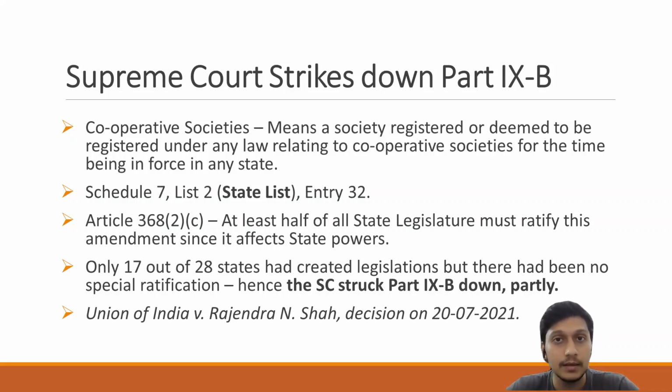Now, this is possible because the parliament is supreme to each state. And the only way this is possible is when such a law is ratified by at least one half of all states in the country. So if half the states accept, okay, this is a fair law, we are allowing you to infringe upon our powers, we will allow you to make a law which should have been made by us. And after one half of the states ratify this, then it becomes a law across the country applicable to all. And this is given in Article 368 about the importance of ratification and the parliament making laws for each state.